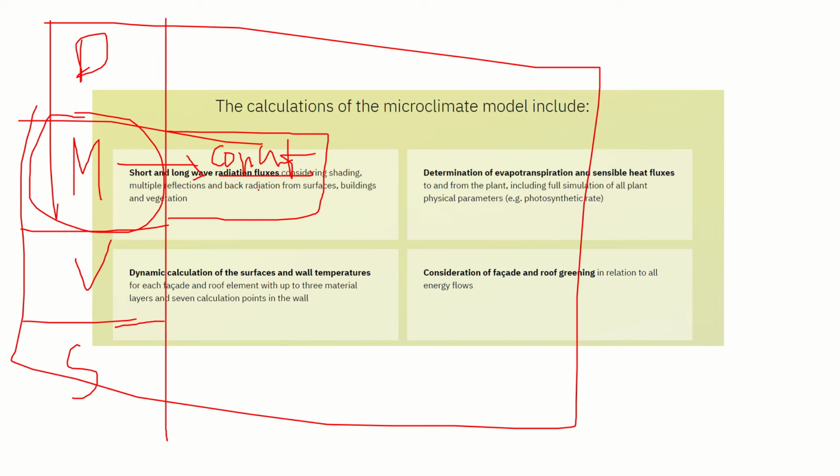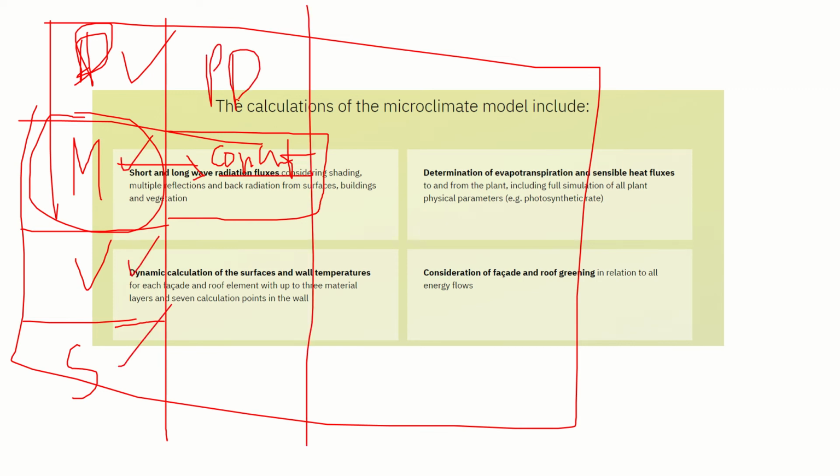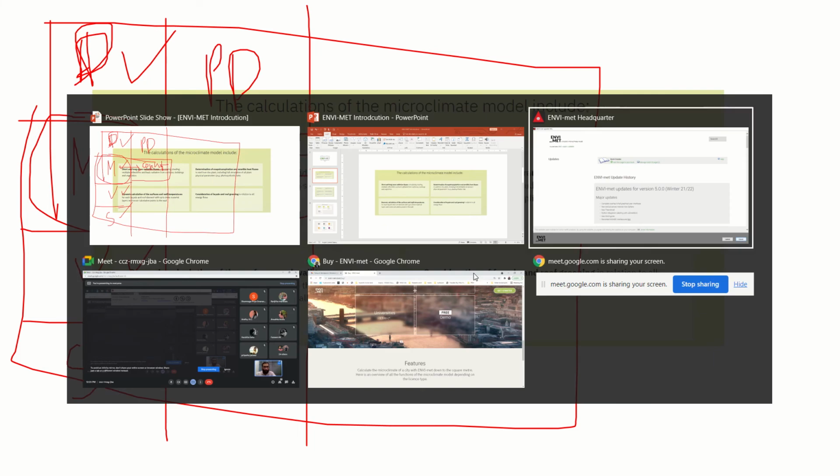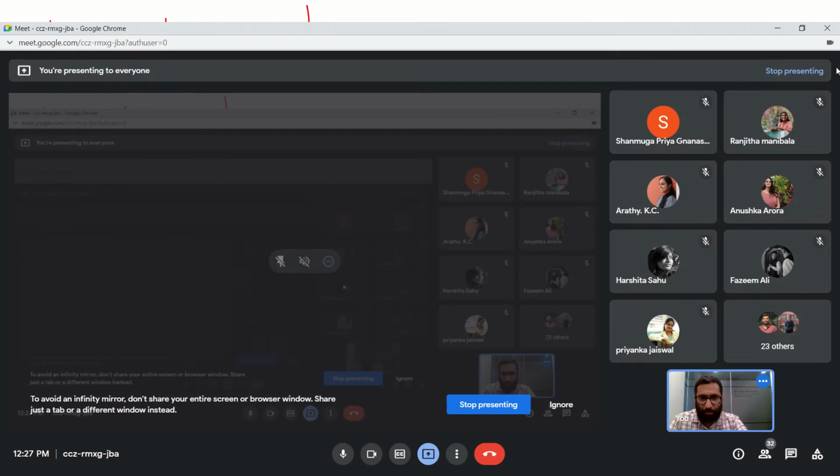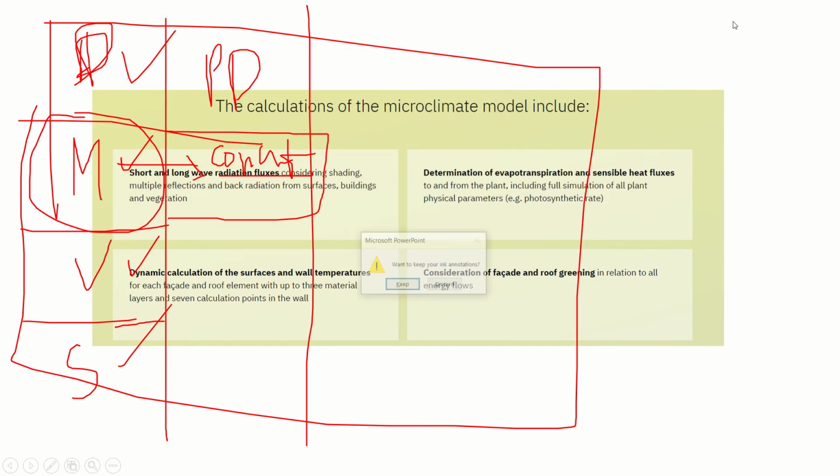So in that case, if you use default, there are certain things that we can use. If you are going for personalized material, you want to modify certain materials and then use those materials in your simulations, then you have to click this option. Okay, where did I go? This must be.